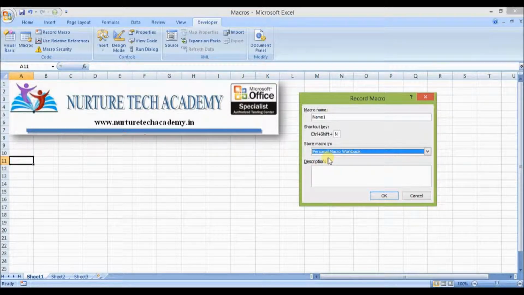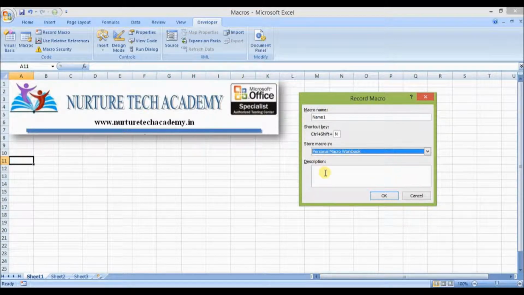In that case, that is always open whenever you open the Excel program. Okay, so you need not open those things again and again. So this is about the personal macro workbook. I normally store these, you can store this macro in personal macro workbook. That would be really helpful and easy to access.